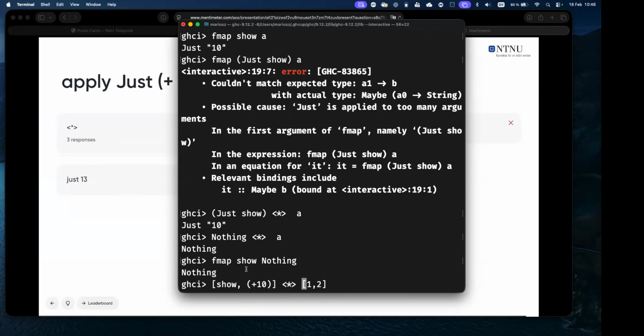I can apply 2 functions to 2 values, so I have to do 4 calls, right? I have to do show 1, show 2 to get 2 strings, and plus 10 to 1 to get 11, and plus 10 to 2 to get 12. So I'm doing 4 calls just with one,